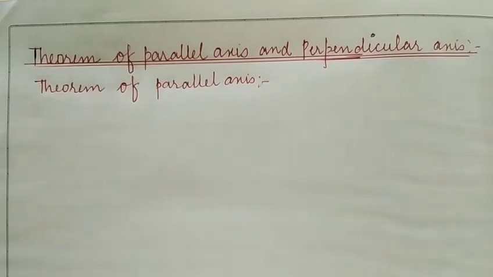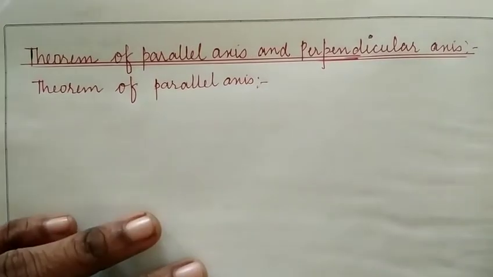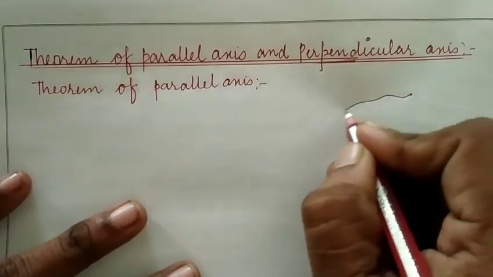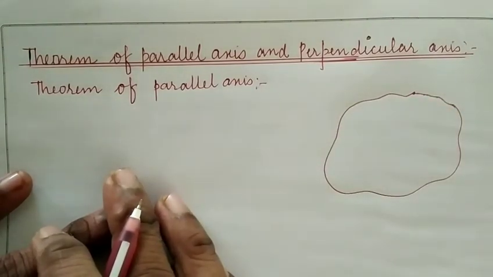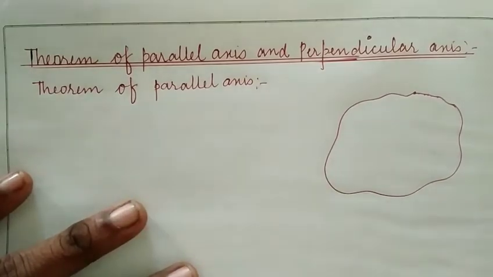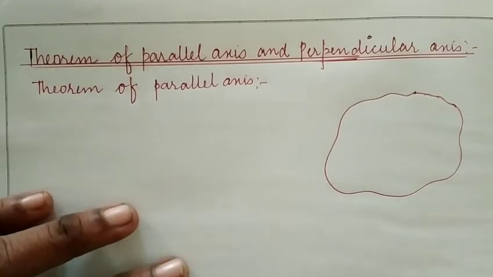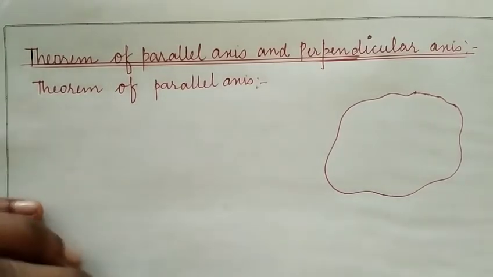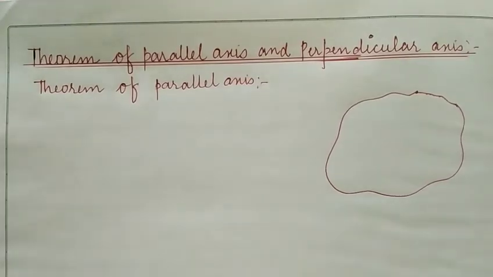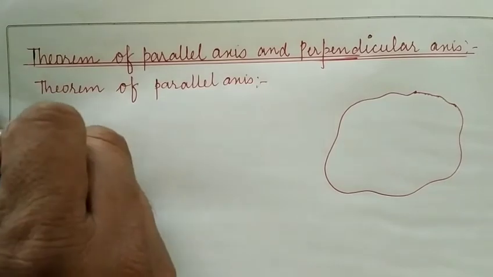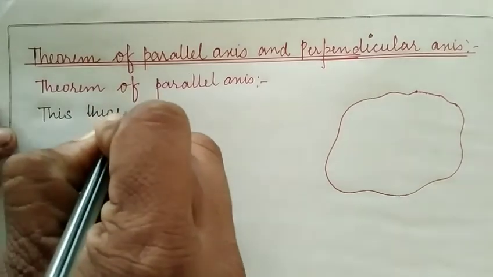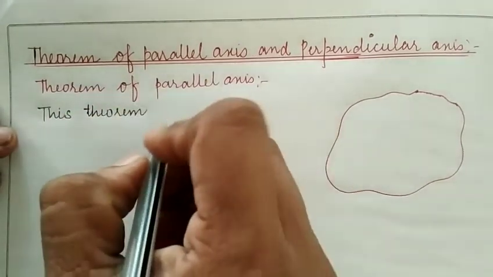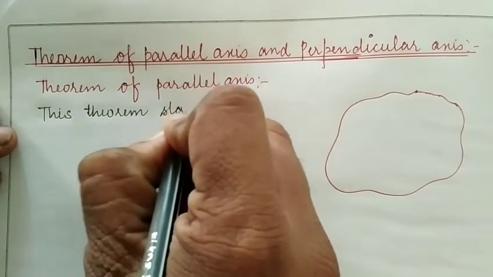Students, let us suppose that this is a rigid body for which we have to derive an expression for the theorem of parallel axis. First we will state the theorem, then we will go for the derivation part. So what do you mean by the theorem of parallel axis? This theorem states that